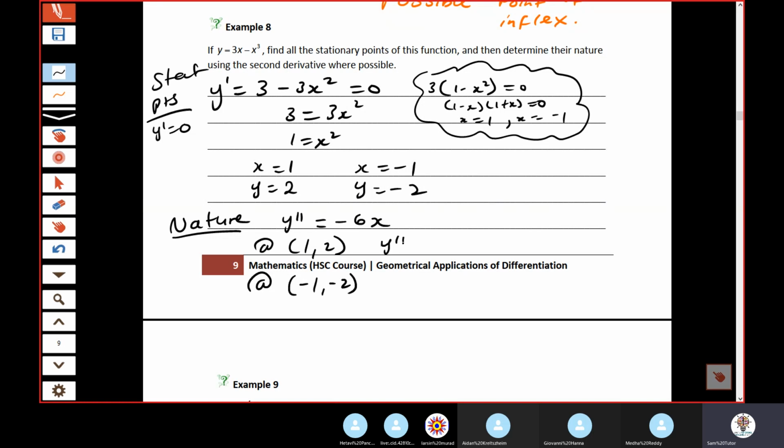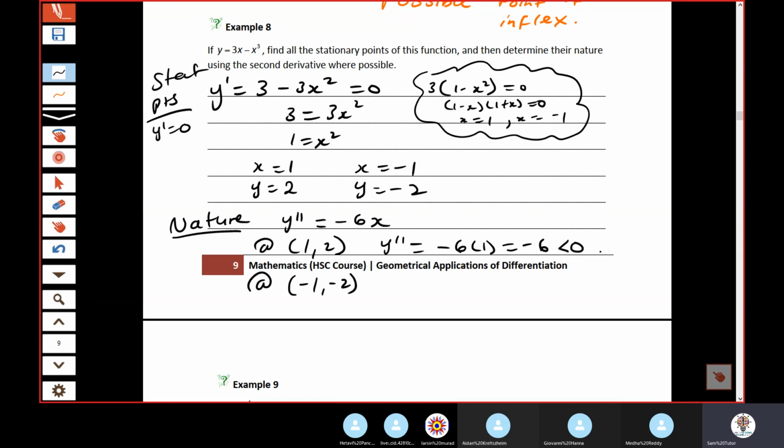What does y double dash equal when it's at 1 and 2? Negative 6x, but what does x equal? 1. So negative 6 times 1, which is negative 6, and negative 6 is less than 0, therefore it is